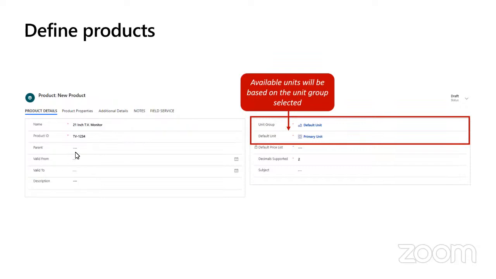So on the product details section, there are a couple of fields that we can see here that you can input data on, and there are also spaces for dates. So you could be selling perishable goods, and you want to make sure that your goods are only valid from a certain date to a particular end date, because you don't want, as an organization, to be selling goods that have gone past